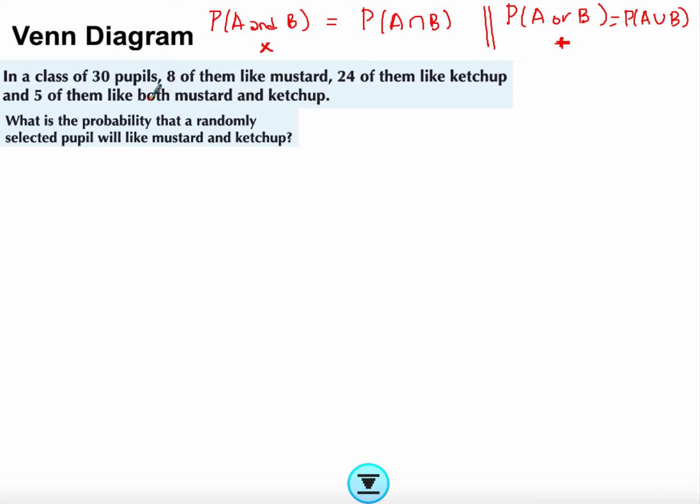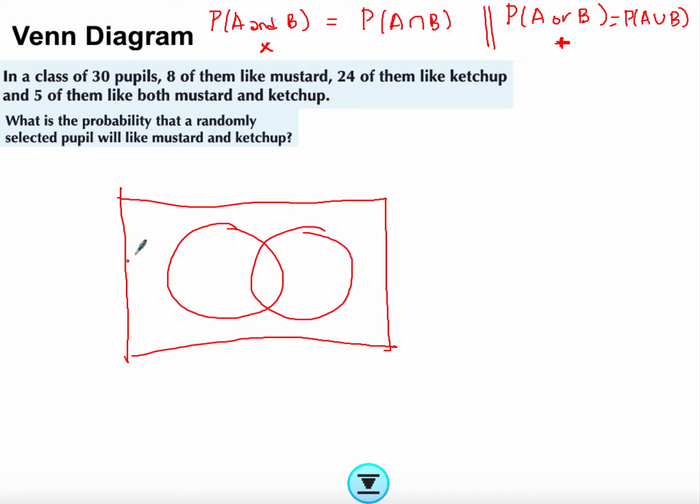So if I have a class of 30 pupils, 8 of them like mustard, 24 of them like ketchup, and 5 like both mustard and ketchup. And I want the probability that a randomly selected pupil will like mustard and ketchup. I think you can easily do it without even doing the Venn diagrams. But if you are given the Venn diagram, say,